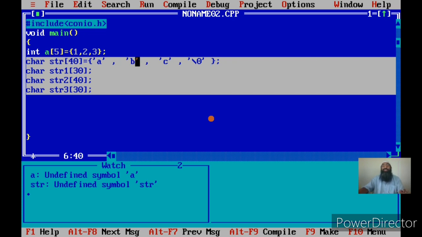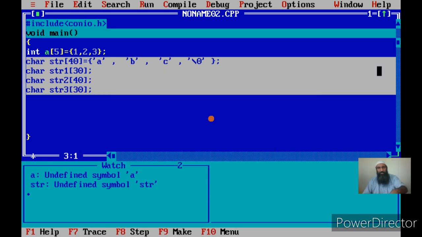Okay, now how do I define the string? It is a set of characters terminated by the \0. That means the last character should be \0. Why is it like that? That I will explain later. But here my point is that we can give lesser initial values to an array than the size of the array. That means some elements of the array will be left uninitialized. Let us run the program and see what happens.